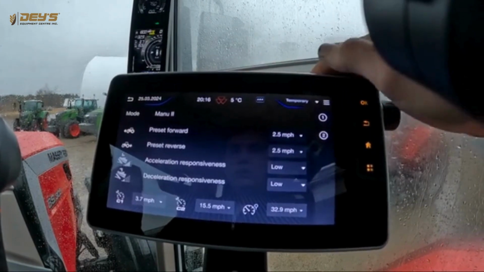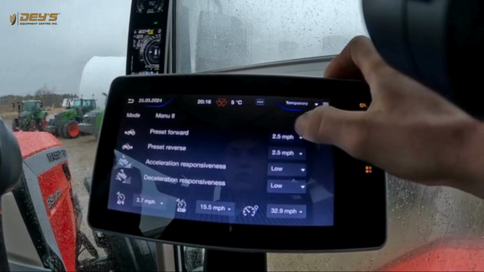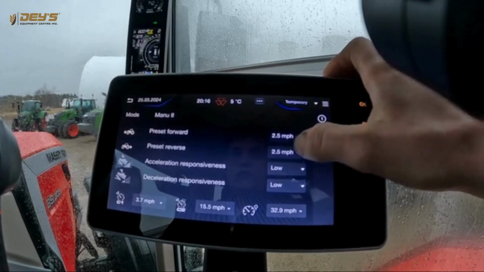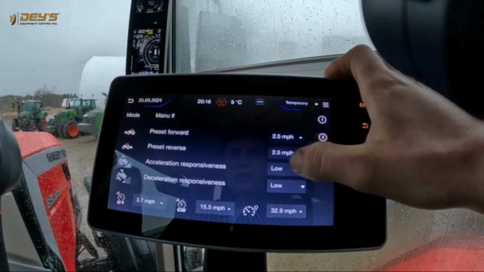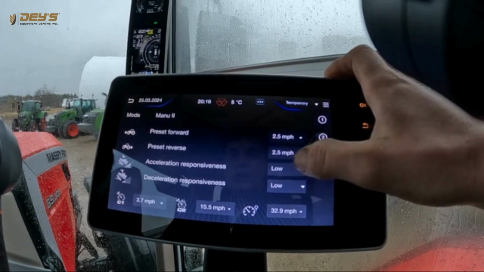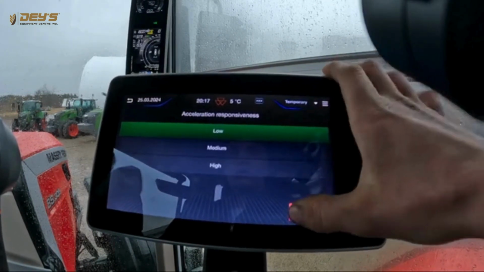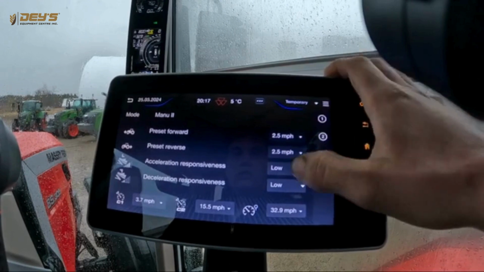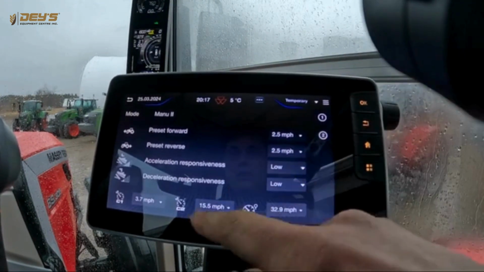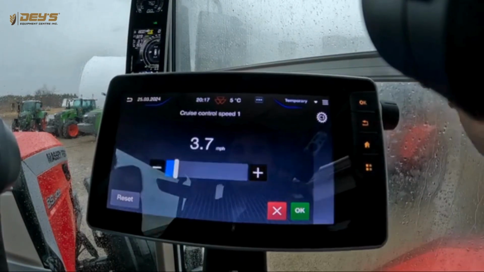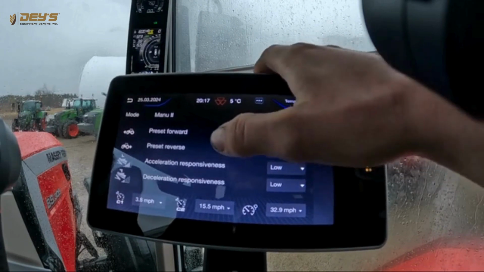Next off here, we have our transmission. So preset forward is 2.5 mile preset, so that's your takeoff speed. Acceleration response is at low, so that's how fast it accelerates when you take off, and you have your low, medium, high depending on what you want to do. Deceleration is just the opposite, how fast it slows down, etc. On the bottom here is how you change your cruise control setting 1, add or subtract, and that will automatically save it into your